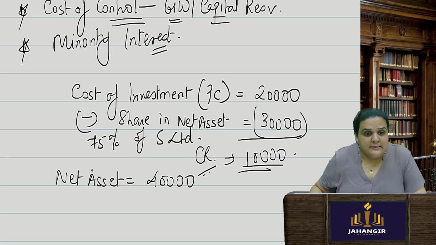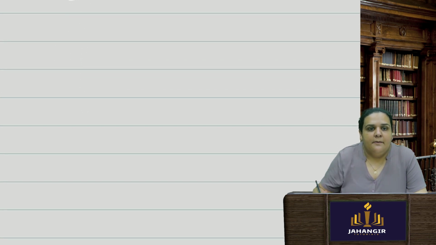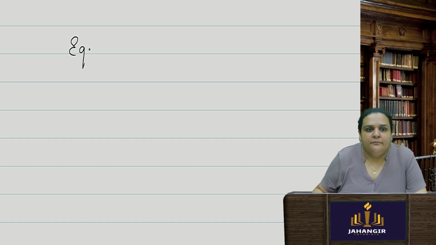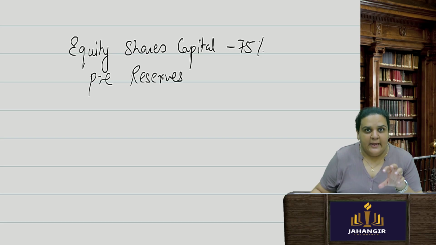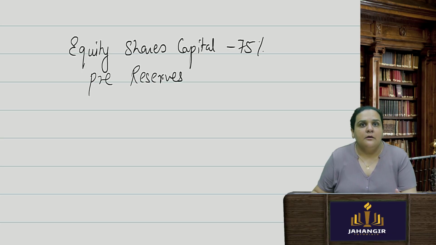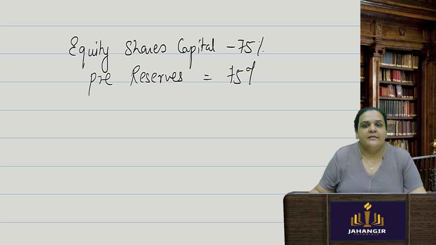But what are net assets now? How do we calculate the total of net assets? That is basically our equity share capital. In that, how much share will we have? 75%. Then any pre-reserves. Pre-reserves means any reserves which were there before I became a holding company, before I took the shares in S Limited. For that also I will take 75%. Any kind of pre-profit and loss account,